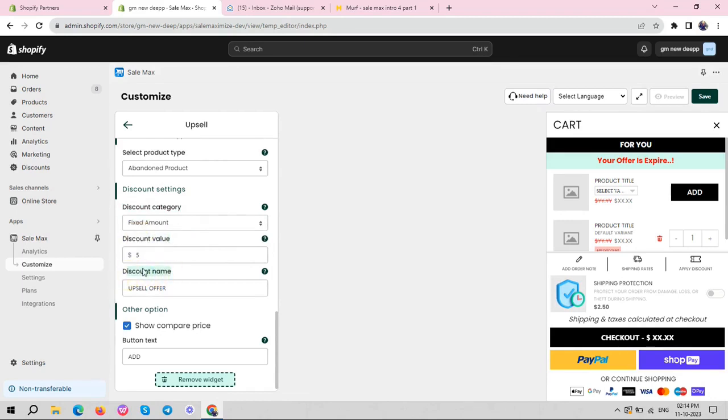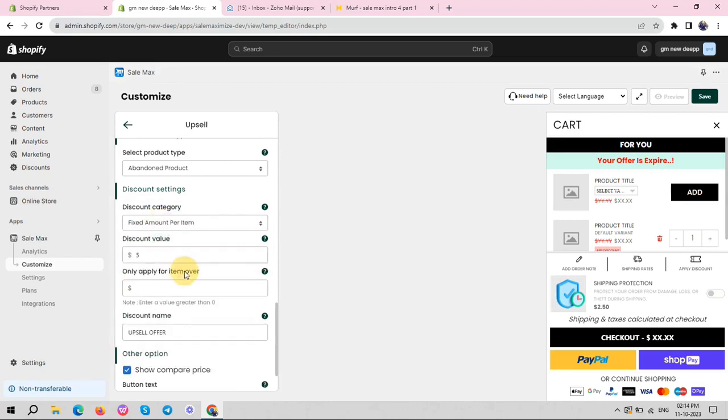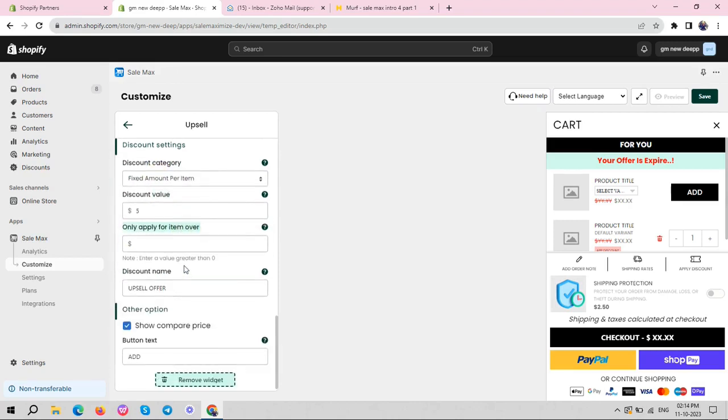You can specify a discount name that will be displayed in the cart after the user receives any discount, and you can change the name as needed. Additionally, you have the product compare price option. If you prefer not to display the product compare price of upsell products, you can simply uncheck this box. Finally, you can customize the text for the Add Product button using the Add Product button text option. Now, remove this widget